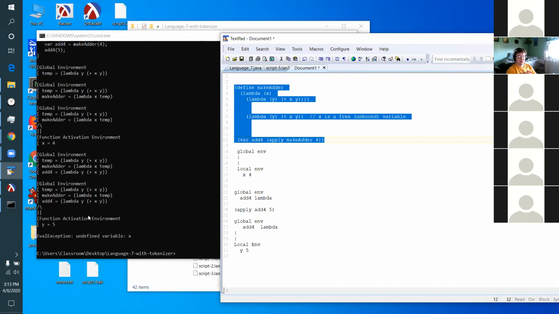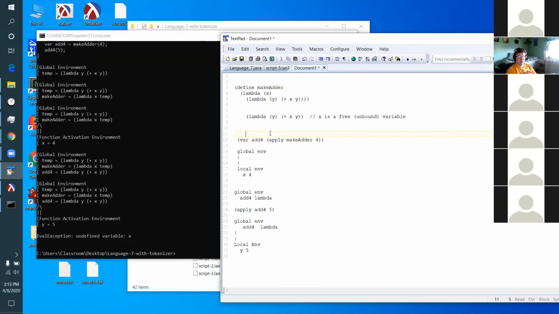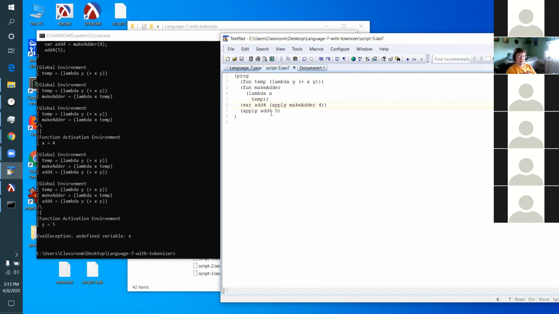And then when you went to evaluate plus xy in the body of add 4, you got an undefined variable x. Okay, so finally we got this as a script. So there's the script in language 7 that blows up on us. Took a little fudging, but there's the script in language 7